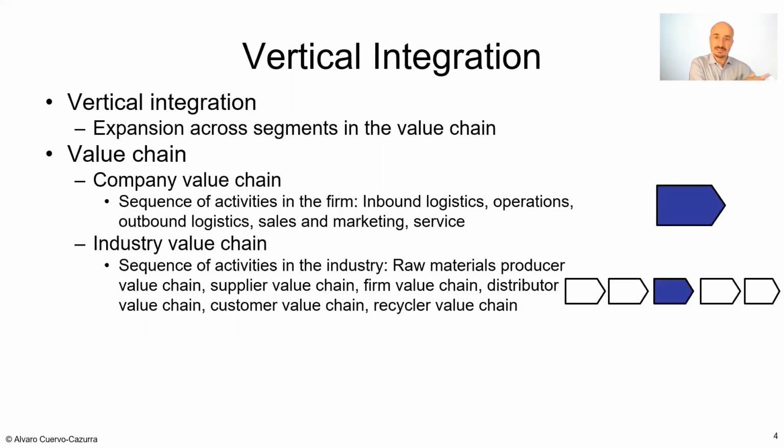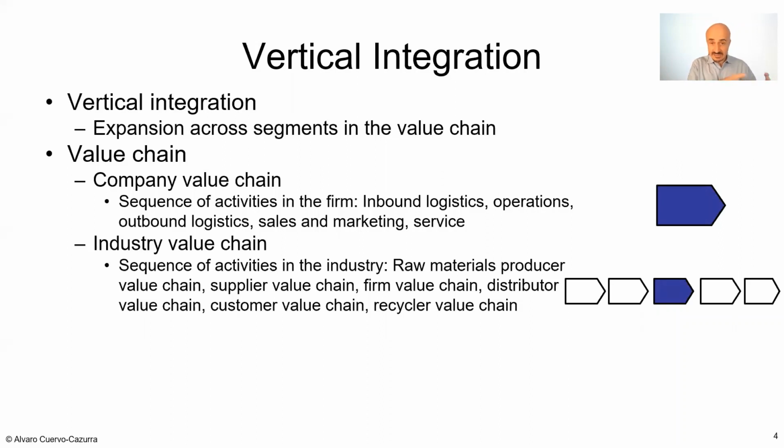They're going to have companies that those raw materials become the input for the producers of components, of parts, that then become the inputs for the company. We are assuming that the company is in the middle. The products of that company then get distributed to others, and then you end up with somebody eventually recycling the